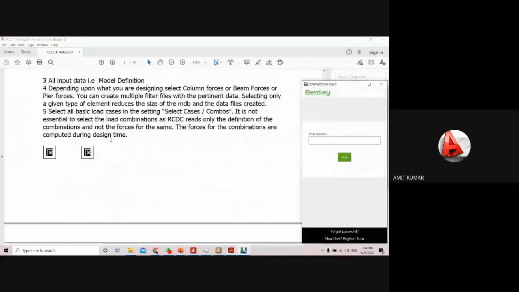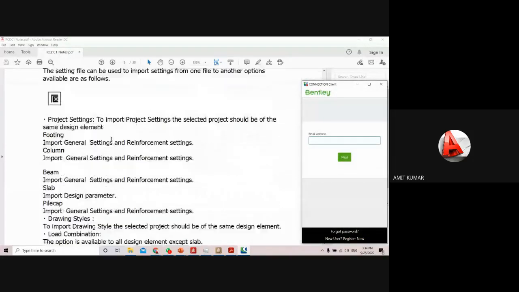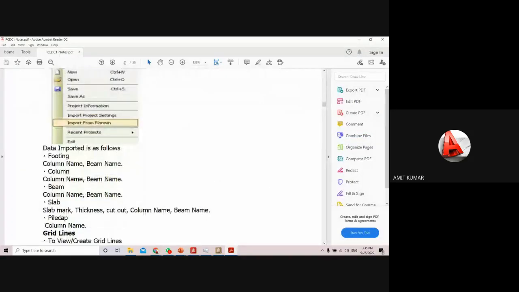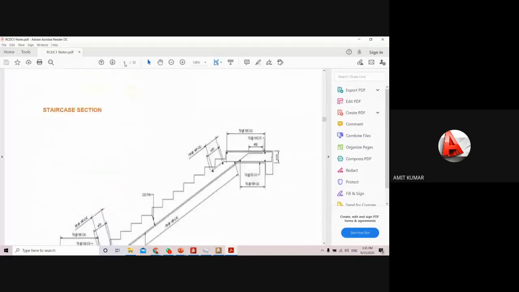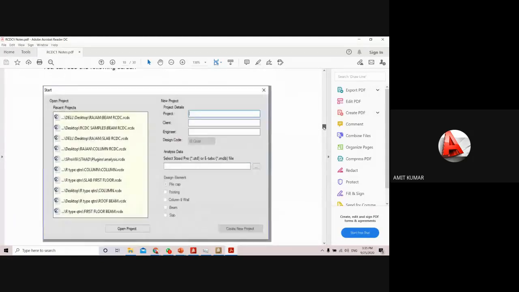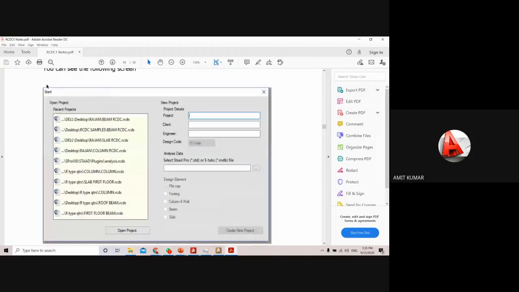When you transfer your stat file to this software, let me show you. Yeah, here it is. So when you transfer your stat profile into the software, the first window will be shown like this.